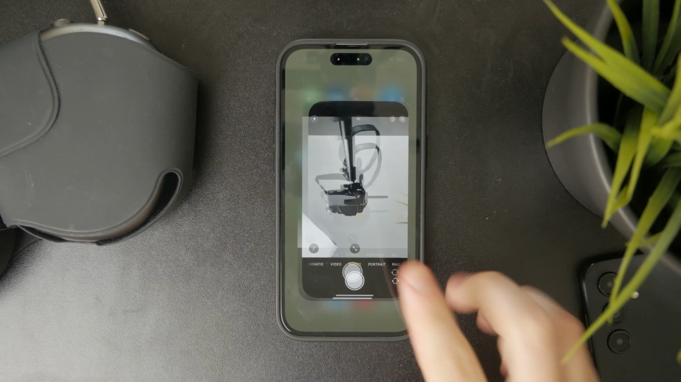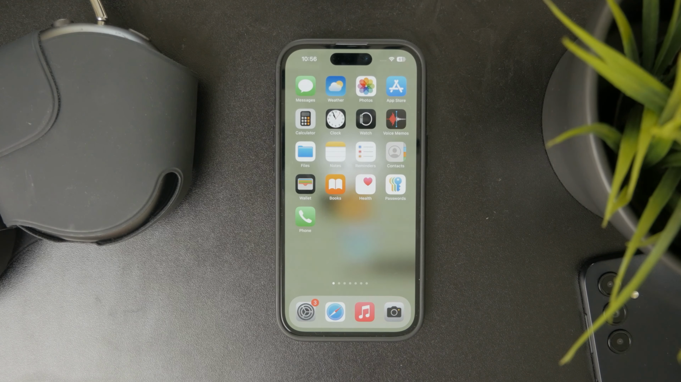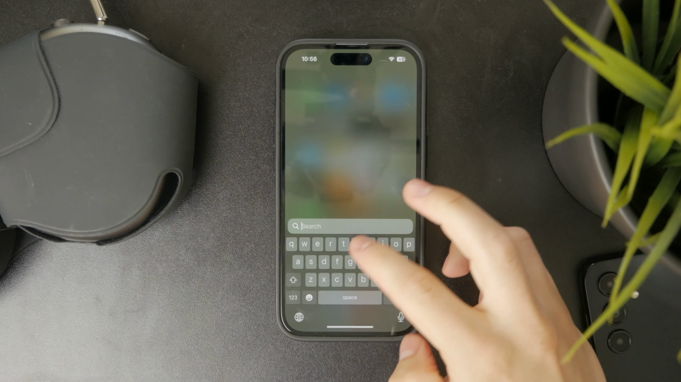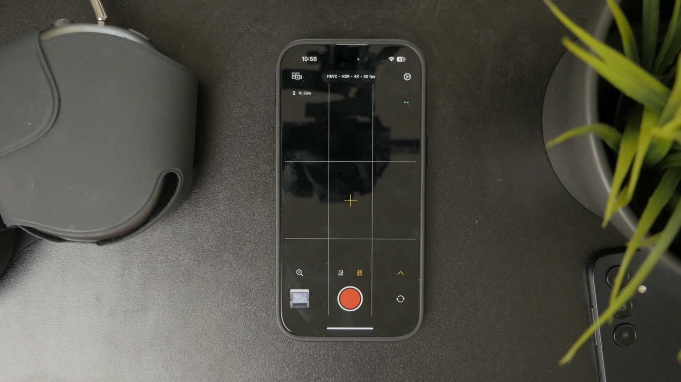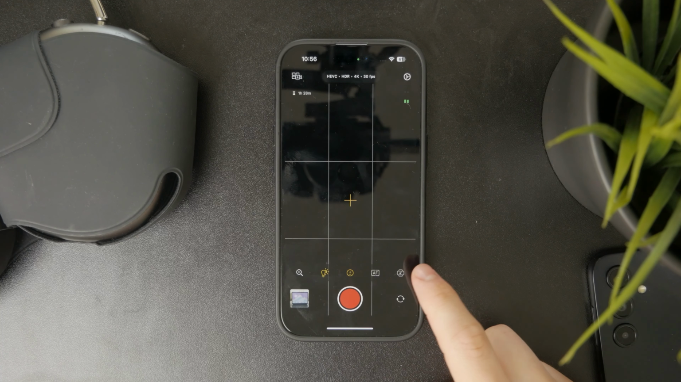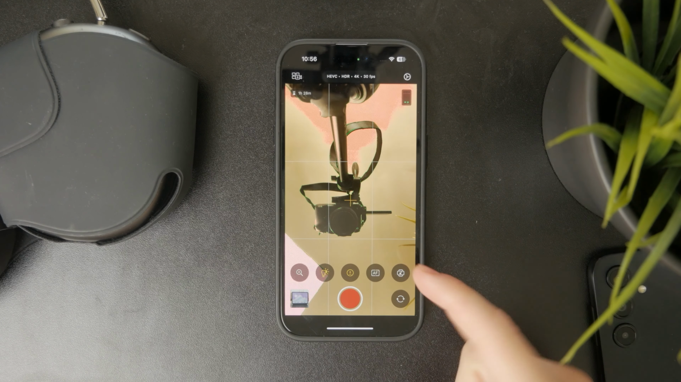However, for a more comprehensive or in-depth professional approach, you can use a different camera app. For instance, there is the Final Cut camera, and it is from Apple. But the point is that using this app, you have much more options and much more flexibility when it comes